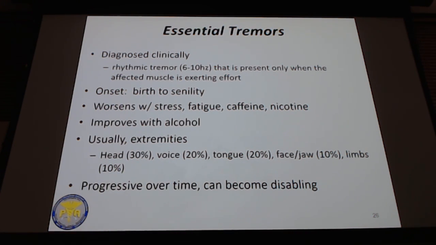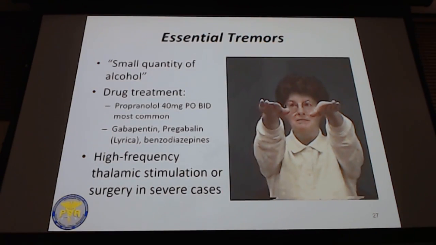And then it can progress over time and get worse. So small quantities of alcohol, not a lot, like a glass of wine, not a bottle of vodka. I would maybe not tell your patients, "Oh, if you drink some alcohol, this will get better," right? Instead, we can treat it with propranolol, which is a beta blocker, gabapentin, pregabalin, or Lyrica,